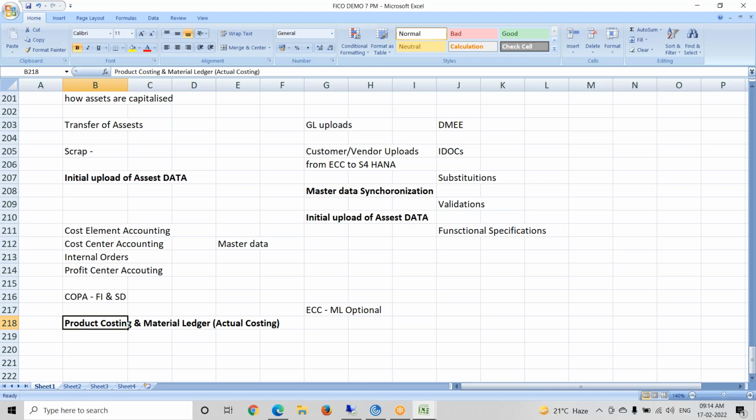Then he will ask you some basic things. Instead of stressing you on the complete subject, he will ask you some basics, like how the cost sheet will trigger, what transaction codes you use to analyze the cost elements for a product before issuing to the production order, what is a work center. They will ask some basic understanding questions on product costing, and if you are okay with that, yes, you will get it.